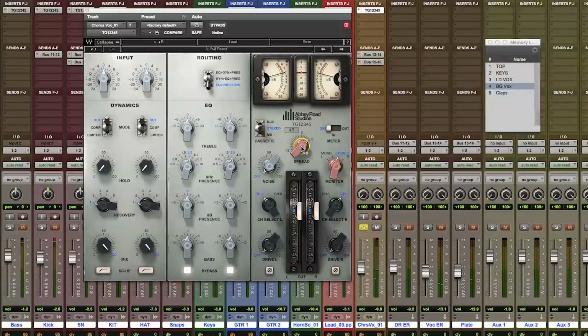And so that is going to an almost full width setting here. So it's not an overly exaggerated width control. That's more mono. So within the context of the mix, we can listen to this and find a setting that